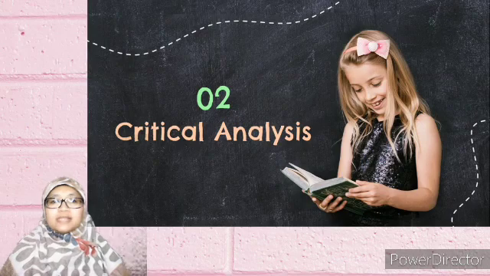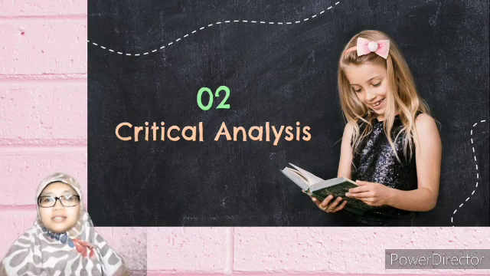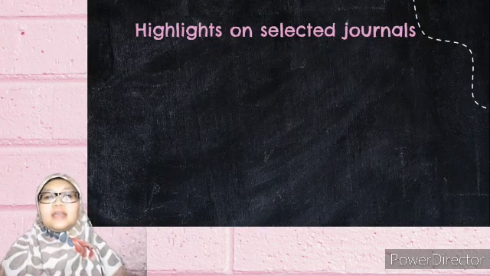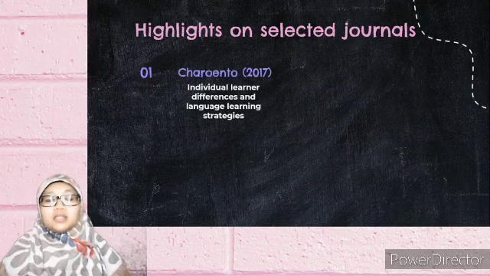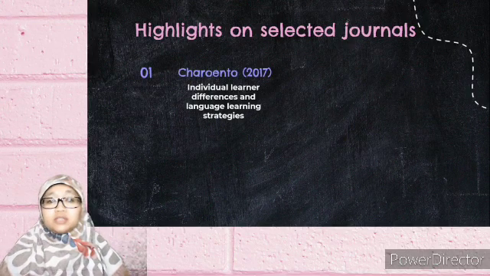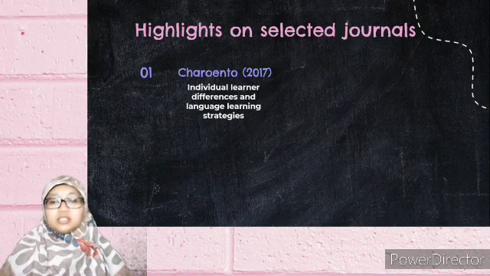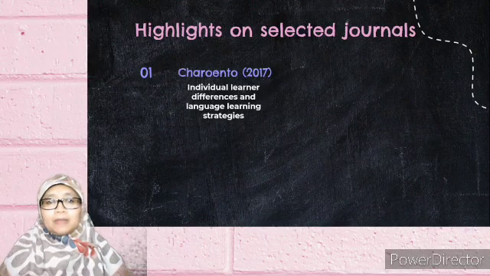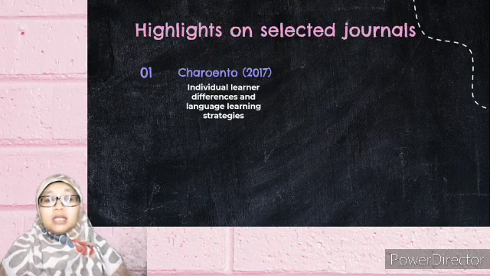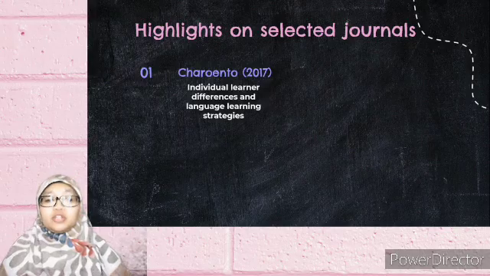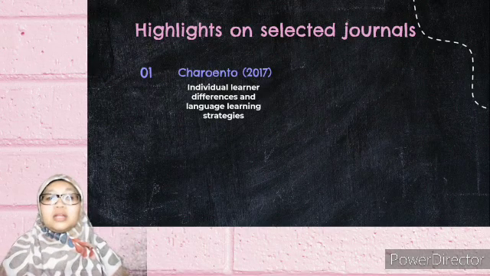Let's move on to the second section. It is the critical analysis, and it answers the question of what researchers think. So I have highlighted selected journals. The first one is the research from Charuta in 2017. It deals with individual learner differences and language learning strategies. The aim of this study is to examine the relationship between individual learner characteristics and language learning